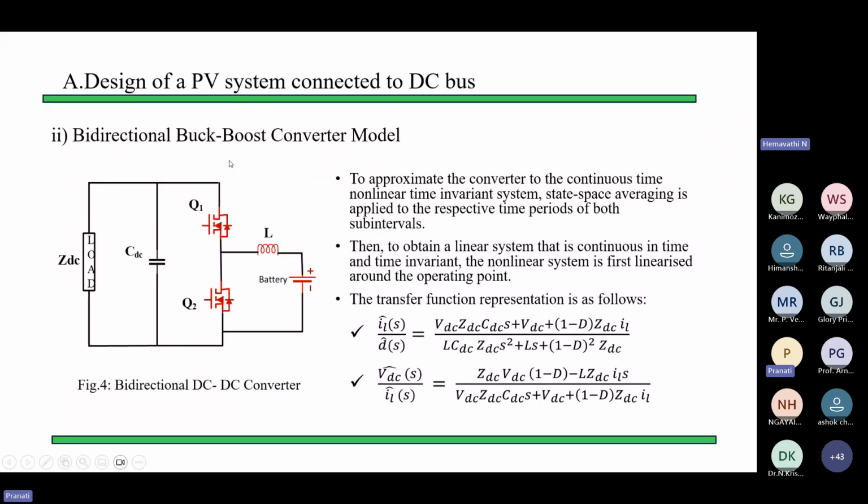Then the bidirectional buck boost converter model. In this present strategy, this is our load, capacitor, Q1 and Q2 switches, inductor, then we have the battery. To approximate the converter to a continuous time, nonlinear time invariant system, we have used state space averaging applied to respective time periods of both subintervals. Now to obtain a linear system which is continuous in time and time invariant, the nonlinear system is